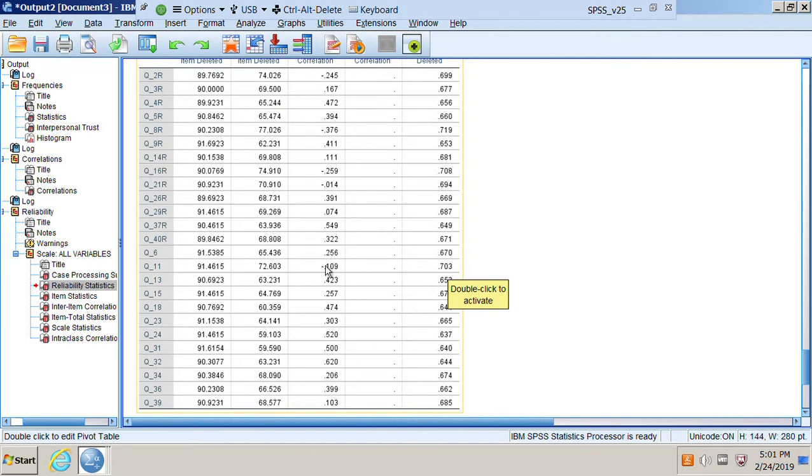Questionnaire, as well as this one, deleting this question from the questionnaire. Okay. So those are the two measures of reliability that I ask you to calculate. Then I ask you to do some